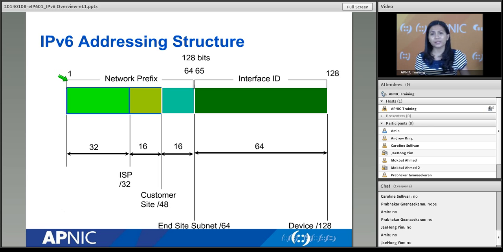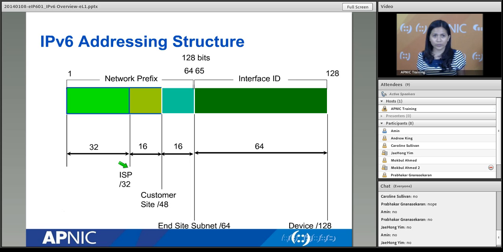Normally, the maximum that you will get if you are a service provider, a local internet registry, is a /32 IPv6 block. So it's somewhere around this line, right? So you have /32. Now, from that /32, you're an ISP, you have customers. These customers can be a big multinational company perhaps, or even another smaller ISP. So you give their IPv6 blocks accordingly.